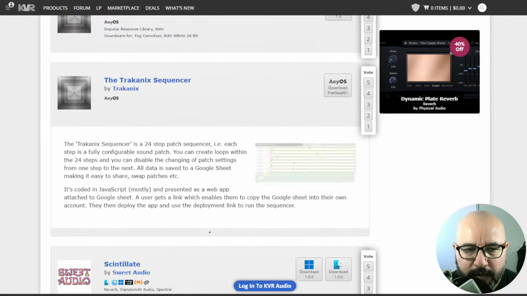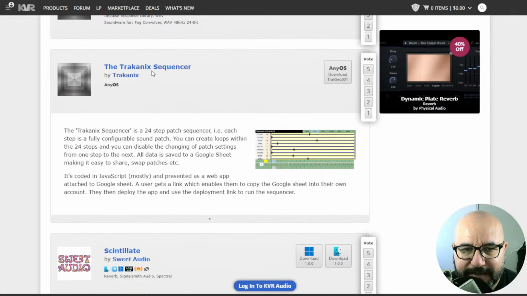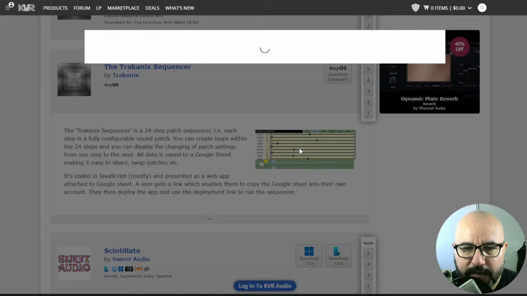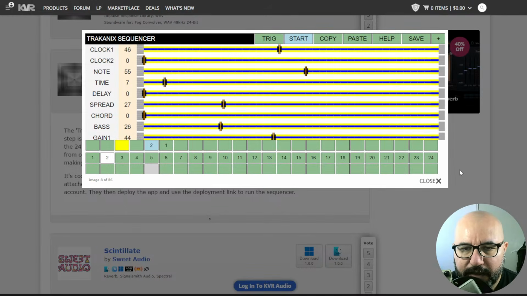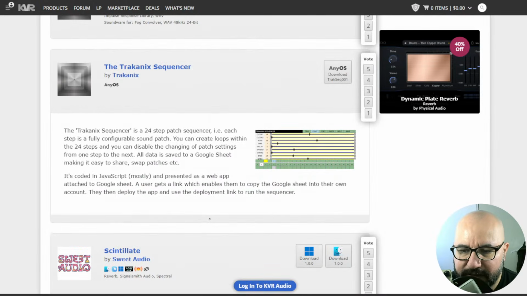Let's continue with the Tratanix sequencer by Tratanix, right? A 24-step patch sequencer, right? This is it. This is the user interface. Let's continue with